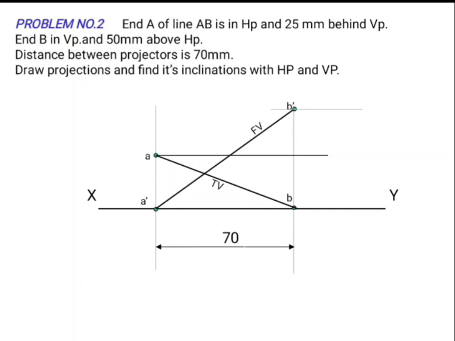Now we got the locus line of B dash and the locus line of B. We can rotate the plan AB in the upward direction, making it horizontal, and then it is projected upward to get the intersecting point on the locus line of B dash. That intersecting point will be point B1 dash, and joining A dash B1 dash, we will get the true length of the line, and the inclination of A dash B1 dash will be the angle theta, which is the inclination of the line with the horizontal plane.